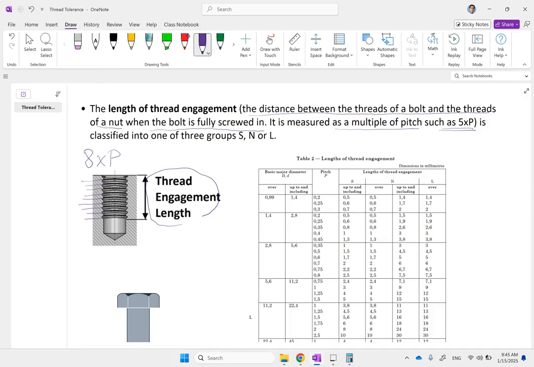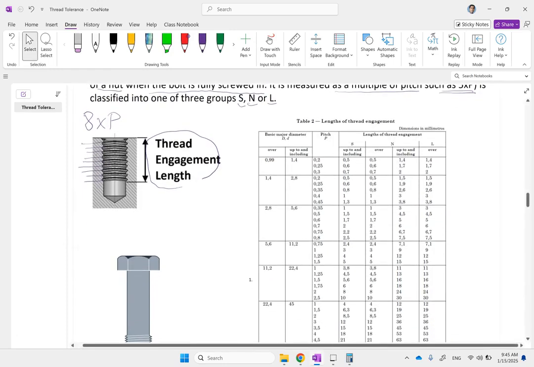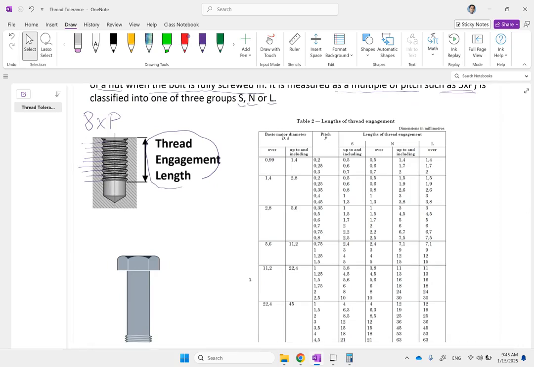And there are classes of short, normal, and long, of course. If they are very small connections, normal connections, or long connections. Now, here, let's take a look and see what is each class length of thread engagement for metric threads. How is it determined? So here you look at the basic diameter or major diameter. So for instance, for M10, which was here, and for 1.5,